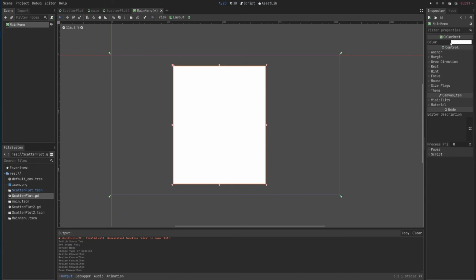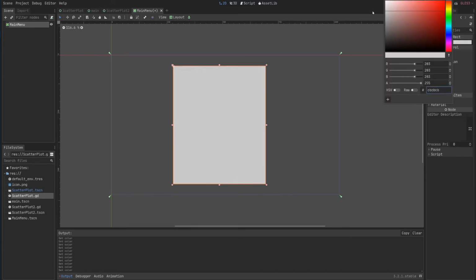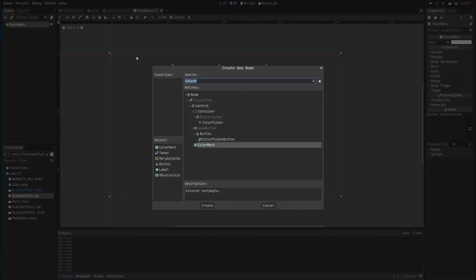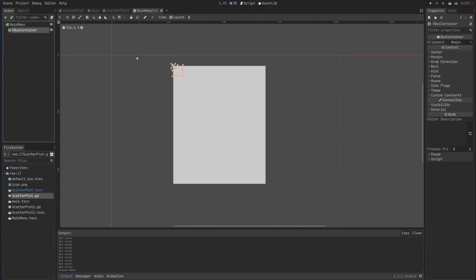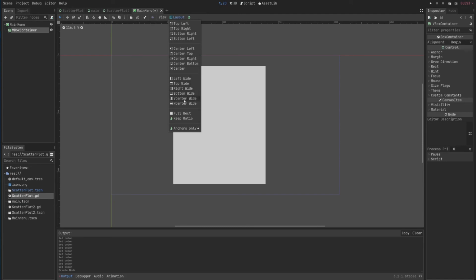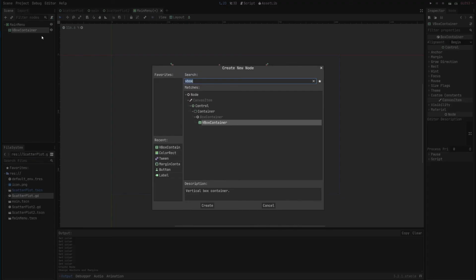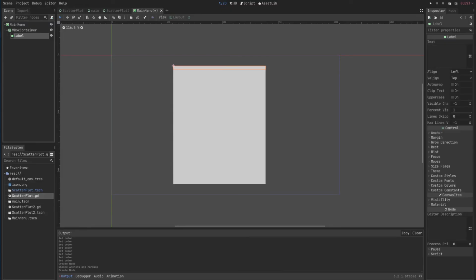My color rect is white. I'll just make it a little bit grayish to be more beautiful. I can also add a VBox container to contain everything that I have within. I can also make a label just so that it has my main menu